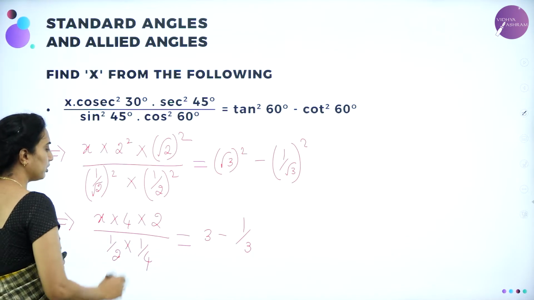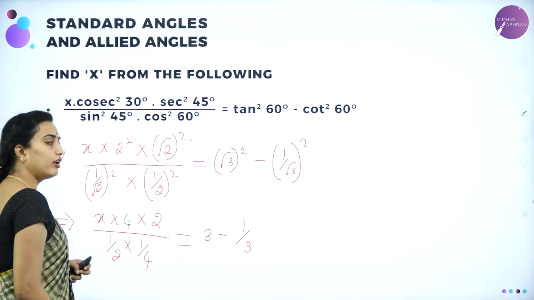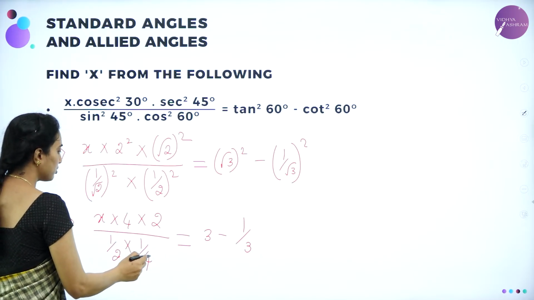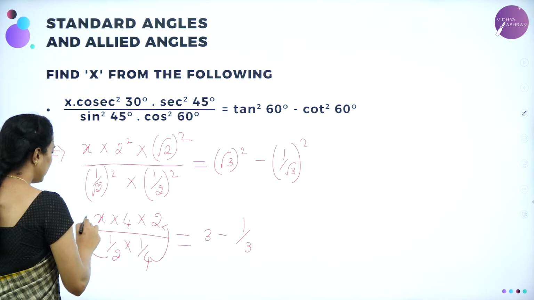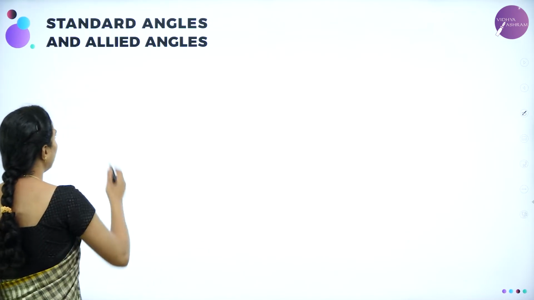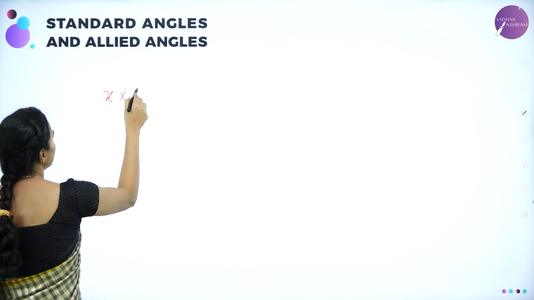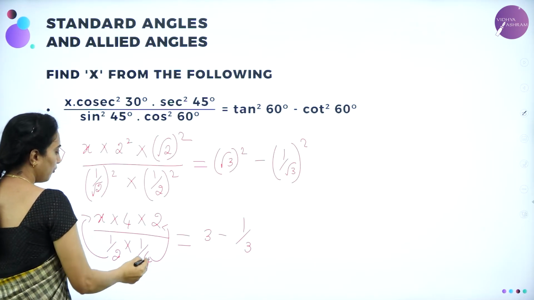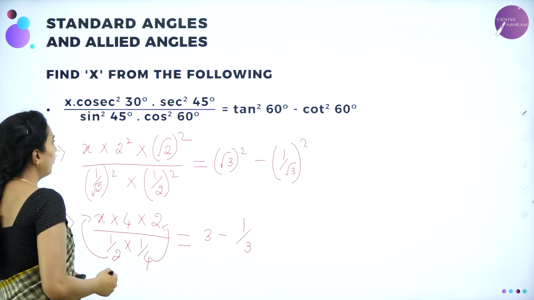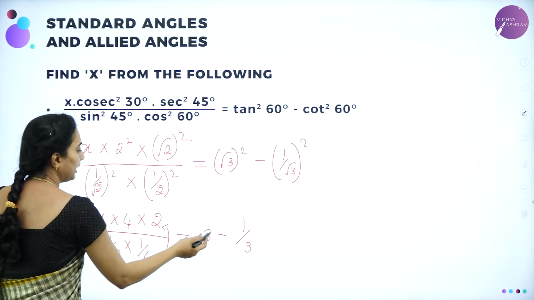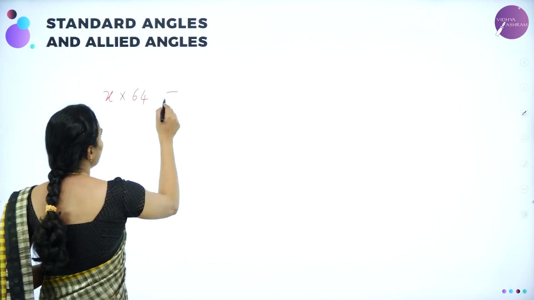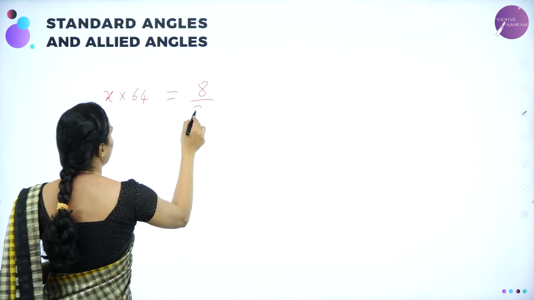4 and 2 will go to the numerator. Now 4 and 2 already are having, that is nothing but 8. Again here 4 and 2, if it goes to the numerator, right? So you are having 8 into 8 is nothing but 64. Therefore, I can write it as x into 64, because dears, 4 into 2 is 8. Again 8 into 8 is 64. So 64x, again, by taking LCM here, 3 3s are 9, 9 minus 1 is 8. So which will be equal to 8 divided by 3.